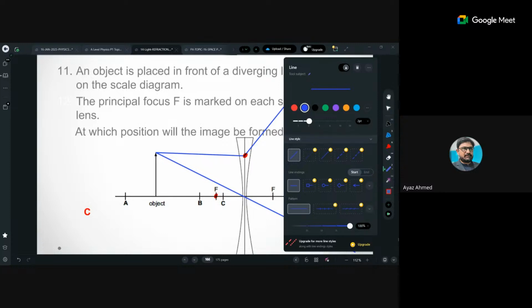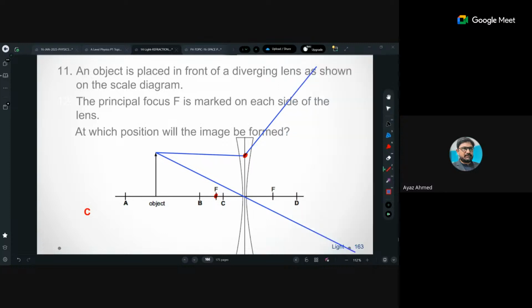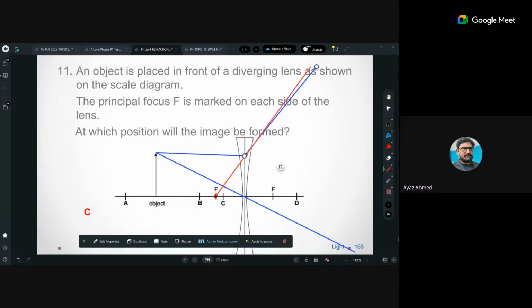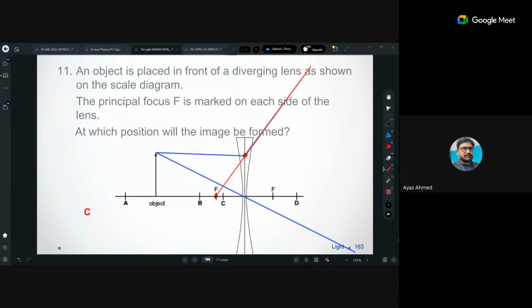यू विल नॉट बेसिकली ड्रॉ दिस रे बियॉन्ड द लेंस। आप सबसे पहले अपना स्केल रखोगे प्रिंसिपल फोकस पे, फिर यहाँ पे जहाँ पे ये लाइट पैरेलल आ रही है, और फिर आप इसको खींच लोगे ऐसे। ठीक है, तो इसका मतलब ये हुआ कि दिस ब्लू रे, ये जो मैंने ड्रॉ किया है, दिस ब्लू रे शुड बी हेयर। सो दिस इज द फॉर्मेशन ऑफ द इमेज। अब आपका इमेज यहाँ पर बनेगा। ठीक है, ये आपका ऑब्जेक्ट है। सो इससे रियल जो ये आपका कन्वर्जिंग लेंस है, इसका इमेज हमेशा इट इज ऑलवेज इन अपराइट।